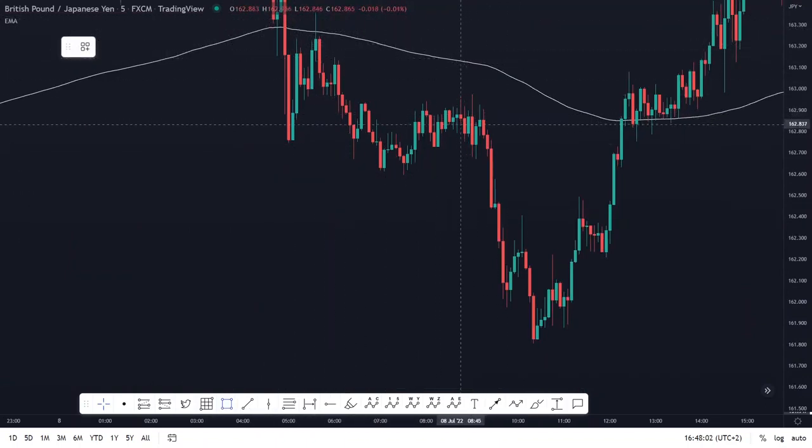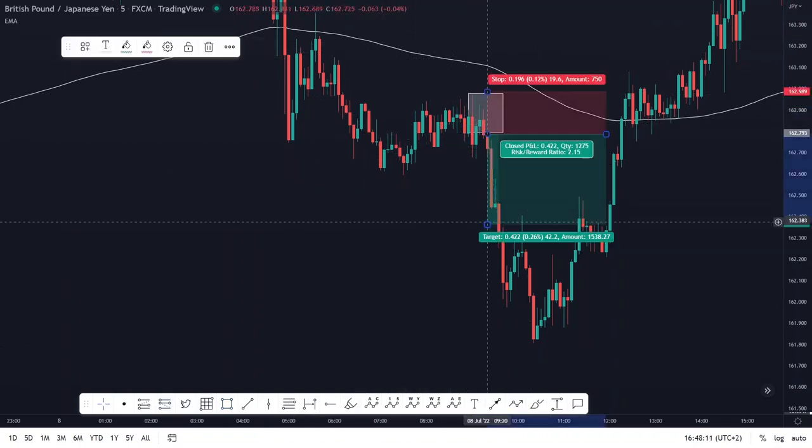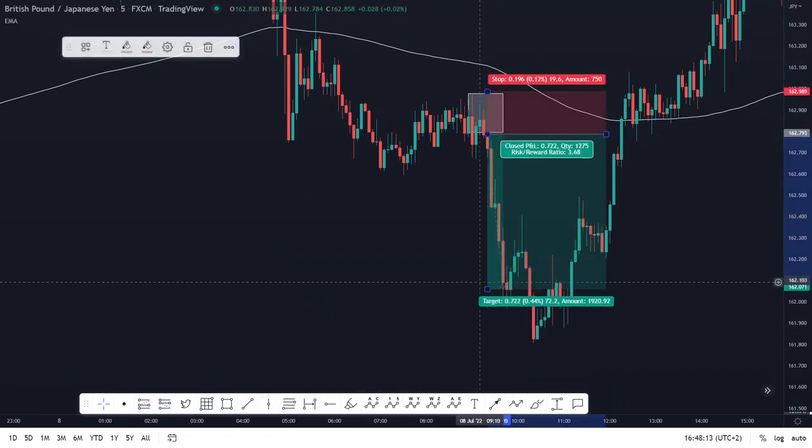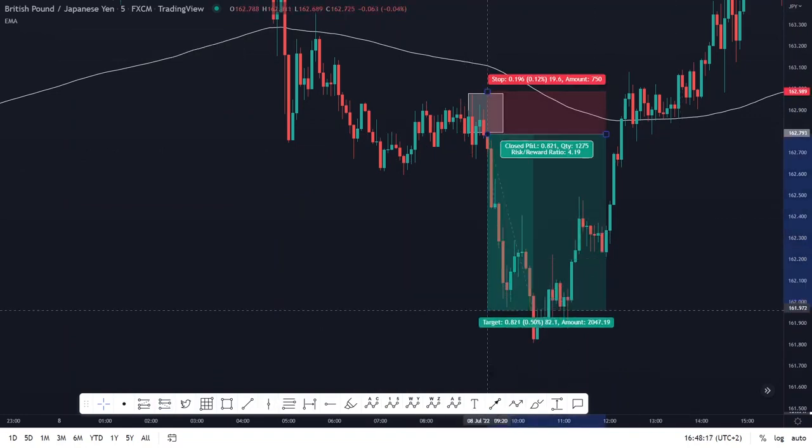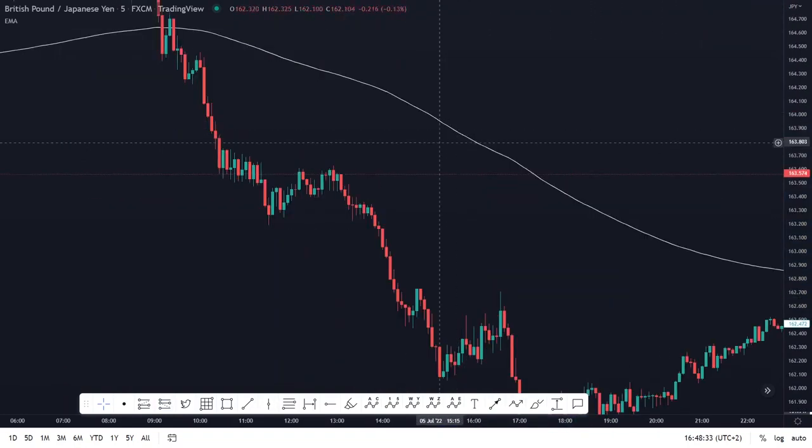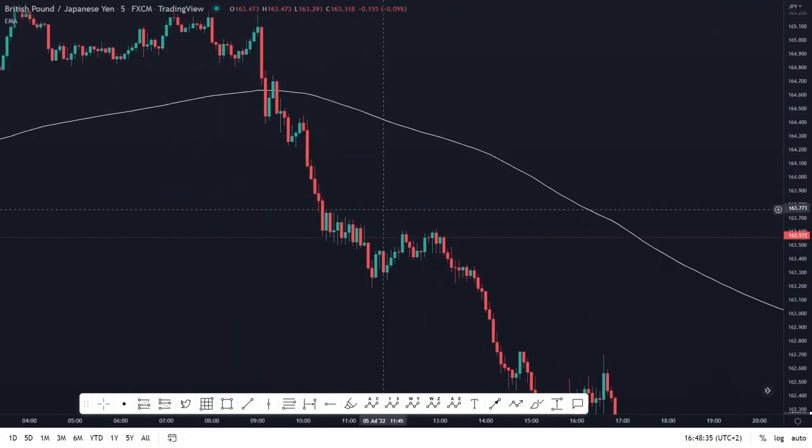our price areas. Here we just draw the zone because we can see our bearish engulfing candle here, and then we enter, then target somewhere around 3:4, 3 or 4 risk to reward. You will see how this strategy will be amazing if you hold your trades for a very long period of